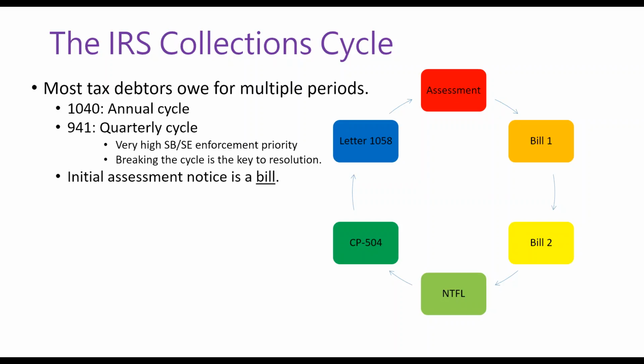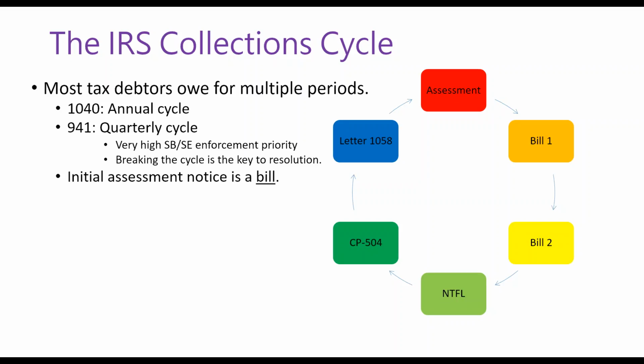Under the law, the IRS is only required to make one notice and demand for payment. By practice, they usually send two. Okay, they'll give the taxpayer two opportunities to pay a bill instead of the statutorily required one before filing a notice of federal tax lien. And that's a typo. That should say NFTL, not NTFL. So then there's notice of federal tax lien,